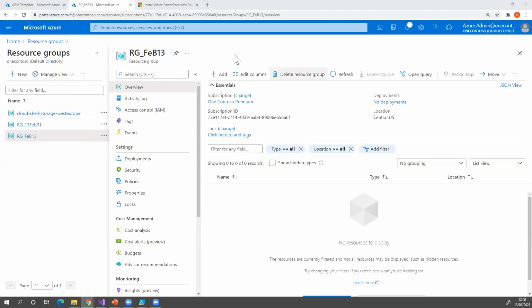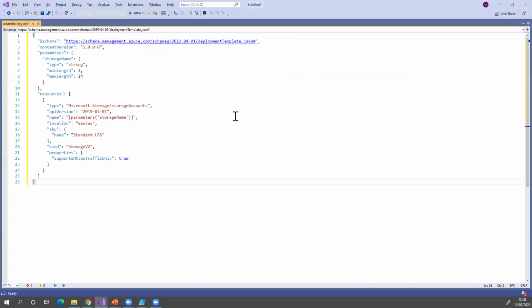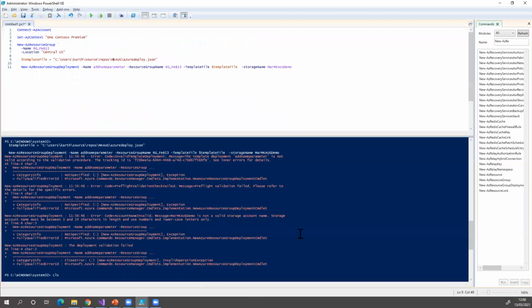Sorry, go back to your template file. Yeah, in here. In parameters I have simply parameter storage name. This length is fine, but storage name is called here. What is it? East US or here it's location, SKU, deploy template. Okay, so I'm going back to it. Okay, I understand. I think I need to give a unique name for the storage account because the storage account is already created. If I just remove this,